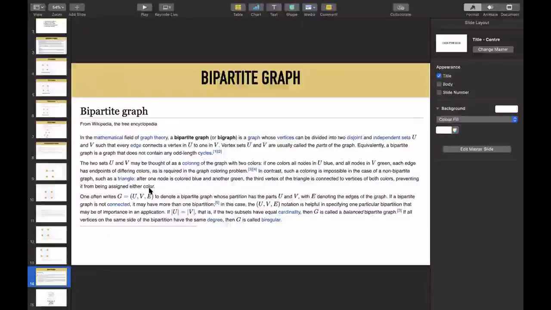Okay, so after this we can see what is a bipartite graph. I just picked the definition from Wikipedia.